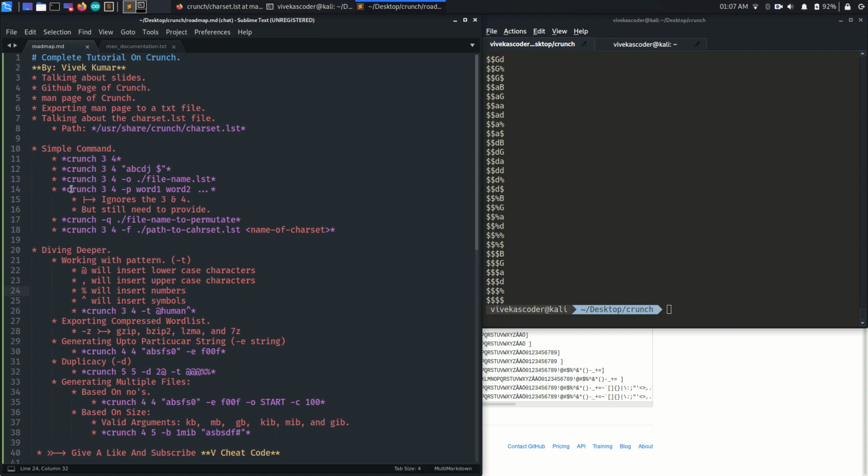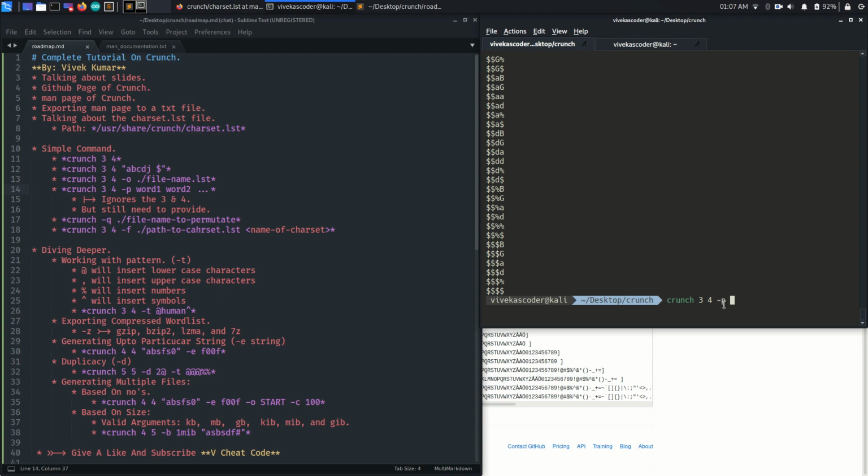So the next thing we are going to talk about is generating a word list using some special words. Let's say a person's password contains only a combination of 2 or 3 words, right? That can be achieved using crunch and then 3 4. Now I would like to talk about these two numbers, minimum character length and maximum character length, in a while, but let's stick to our main command.